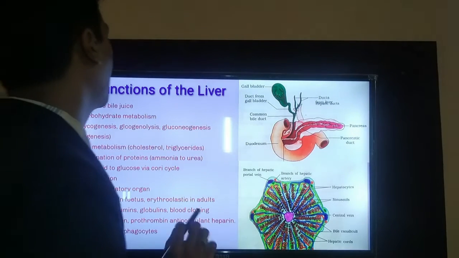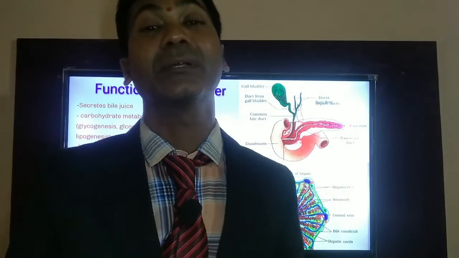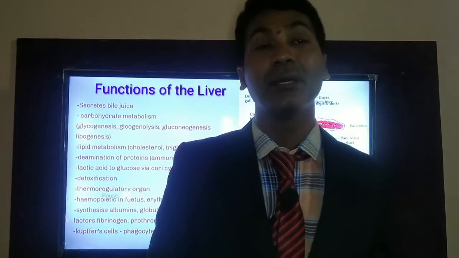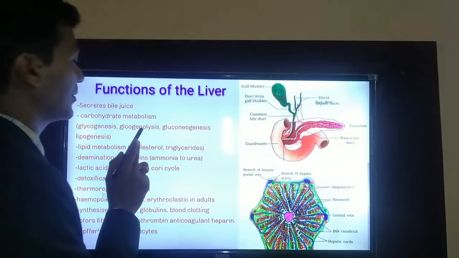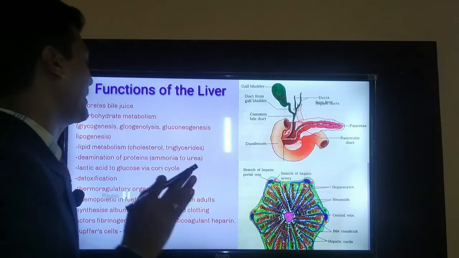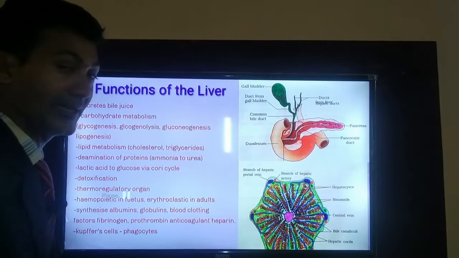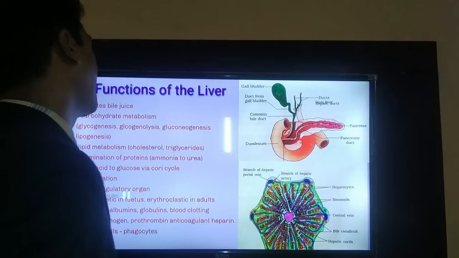And glycogenolysis. Whenever our blood requires extra glucose, that glycogen has to be broken down. So that process is known as glycogenolysis. It is exactly the opposite phenomenon here. Glycogenolysis is the breakdown of glycogen to form glucose. So glucagon will work here to add the glucose into the blood, right?